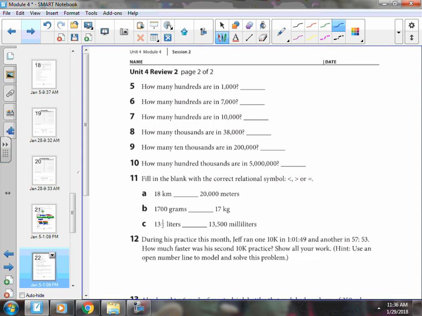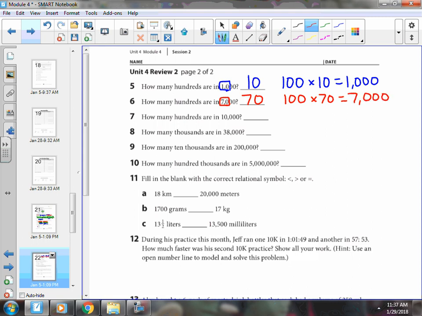And here's a little trick. Within this number, if I look at the hundreds place, plus what comes before it, there's my answer, 10. You could also think, how many hundreds? Well, 100 times 10 equals 1,000. So how many hundreds are in 1,000? 10. The next one, how many hundreds are in 7,000? If I look at the hundreds place and include the number before it, the answer is 70. So it's how many 100s are in 7,000? Well, 100 times 70 is 7,000. So you would need 70 $100 bills to have